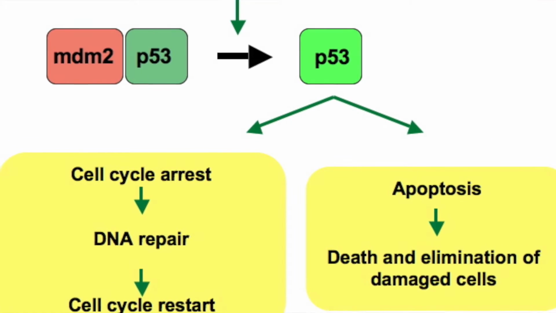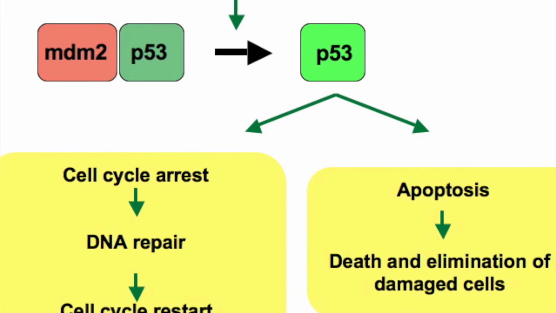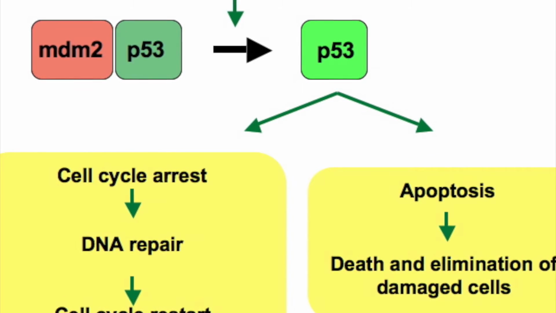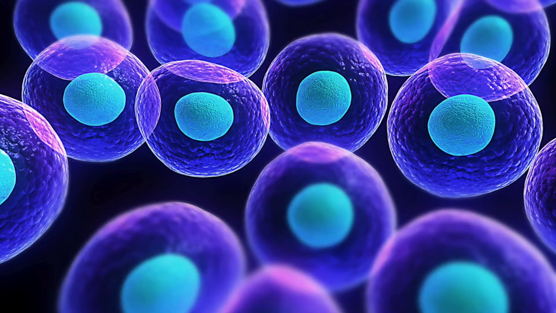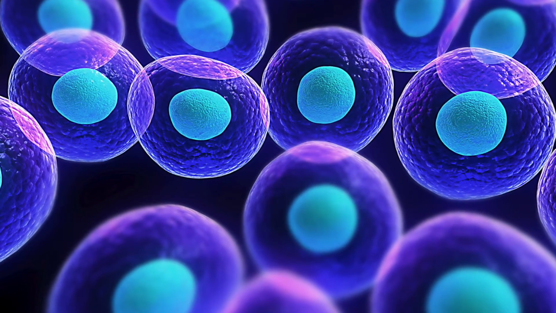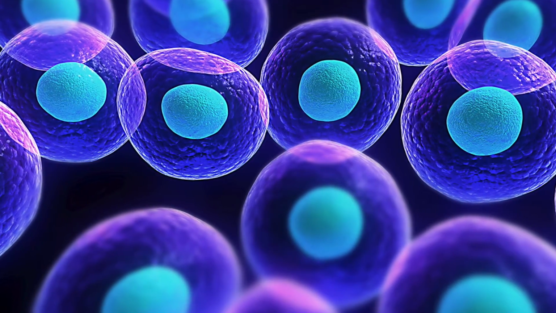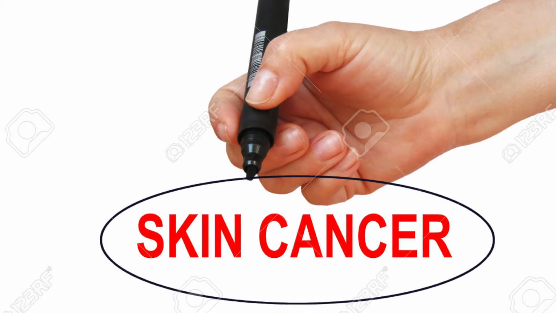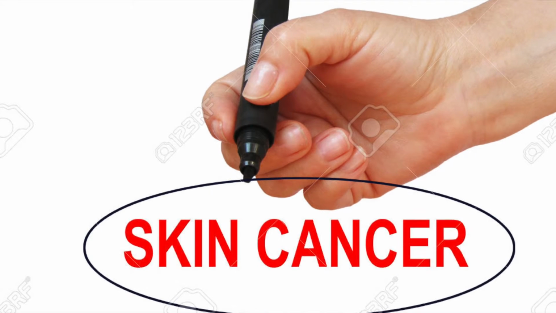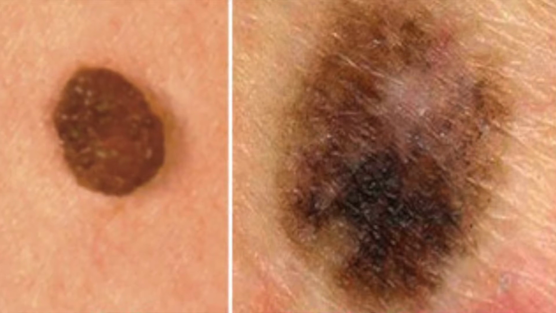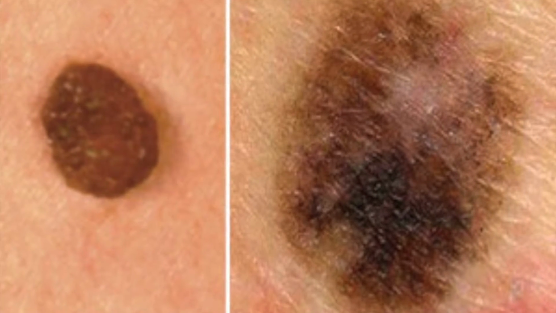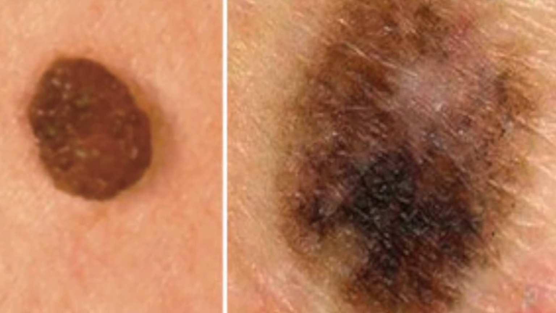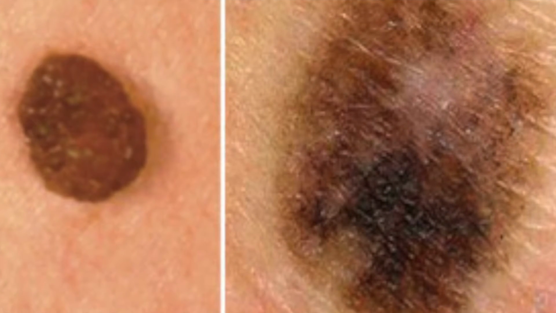The p53 gene usually fights against cancerous tumors, inhibiting the division of cells that have been damaged. If the cells are not repaired, the p53 gene will commit cell suicide. If the p53 gene is mutated, then it will stop the damaged cell from committing suicide and will let it divide normally. The damaged cells then begin to take the place of the healthy cells, and cancer is then present. Melanoma is the most serious form of skin cancer and develops from malignant tumors that originate in melanocytes, the cells which produce the pigment that colors our skin.